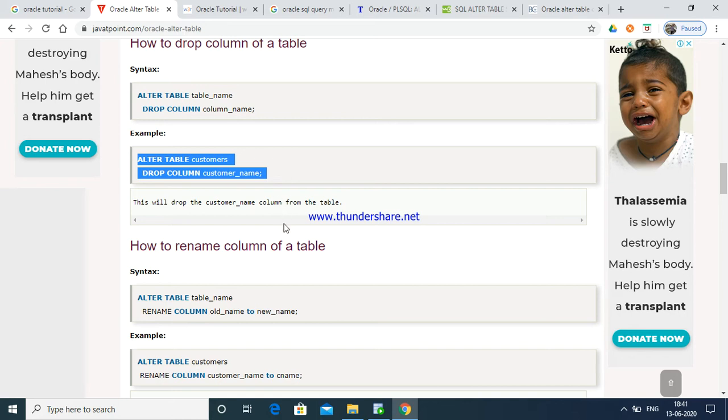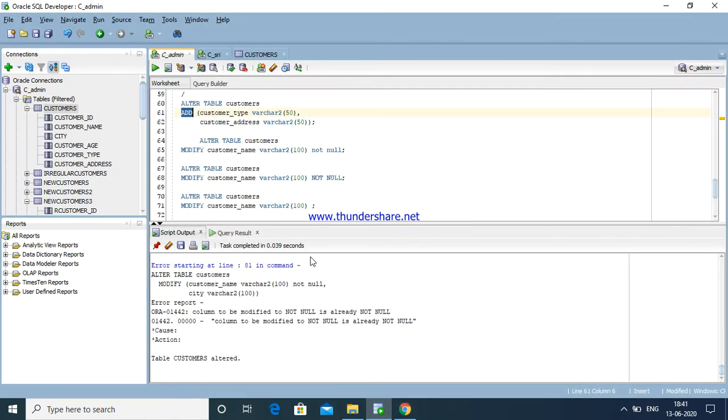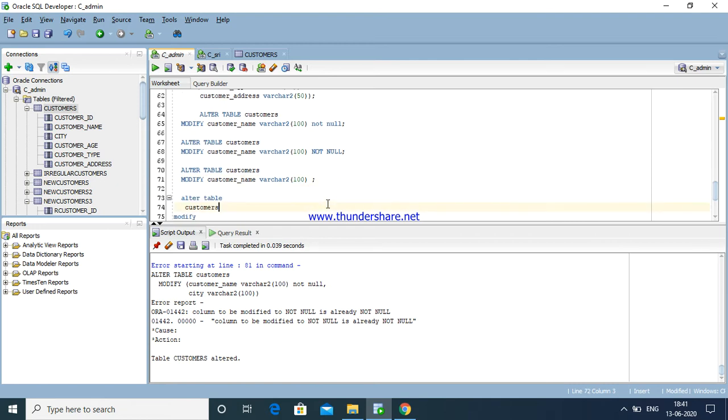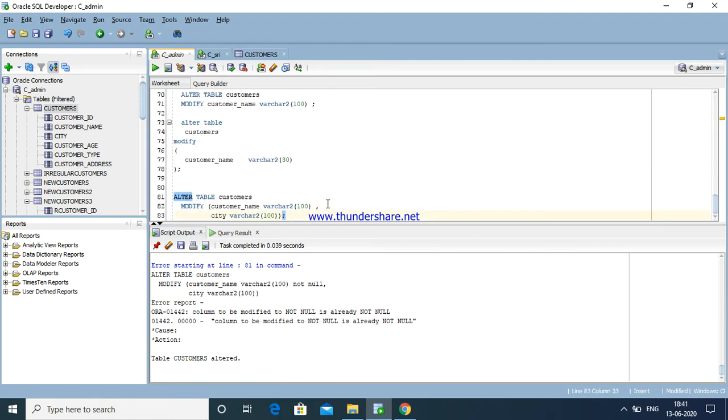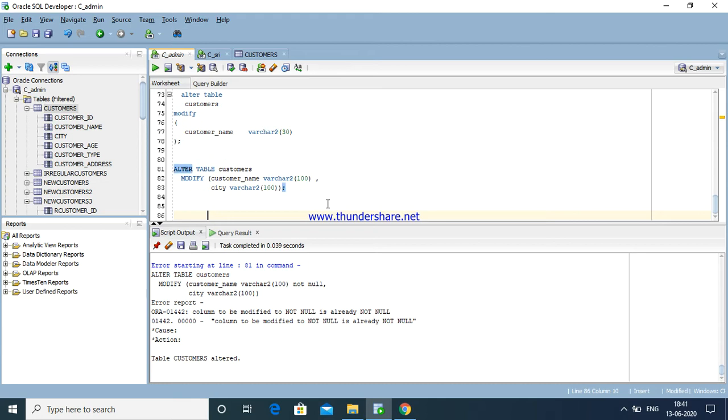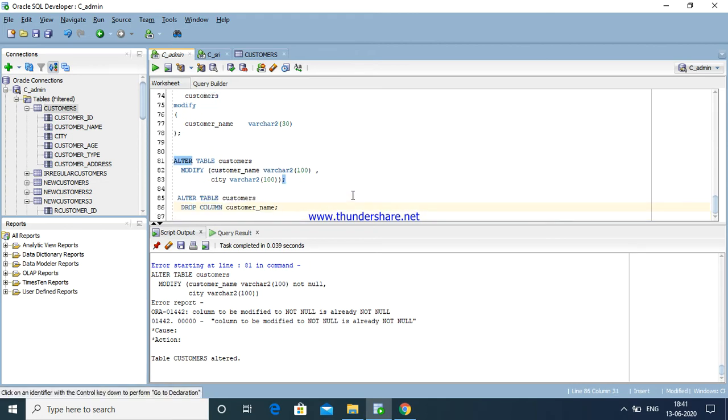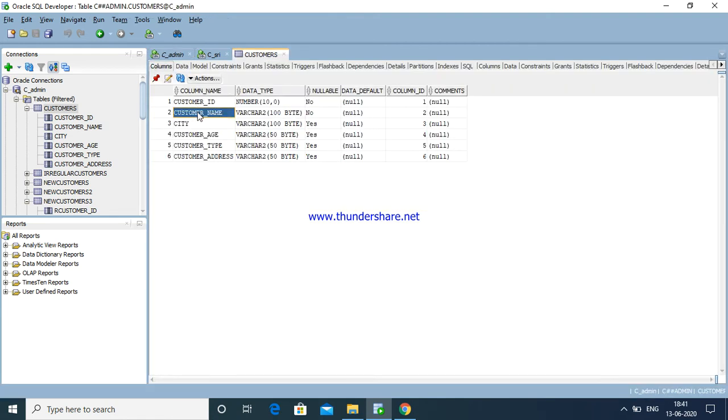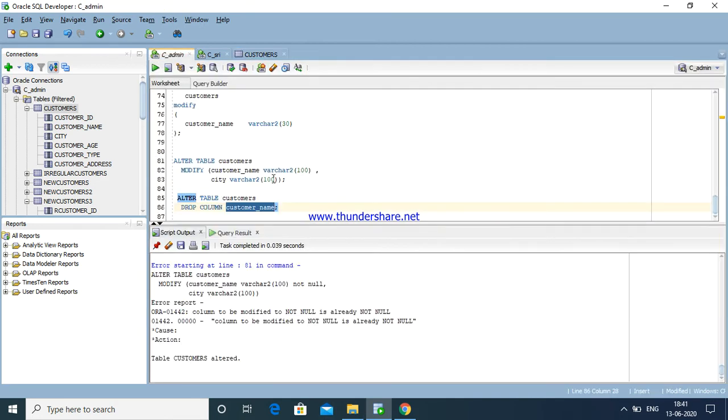Okay, customer name we are going to drop. Just here we are going to drop customer name. See here, customer name column is there. Just refresh. Now just I am going to enter again.